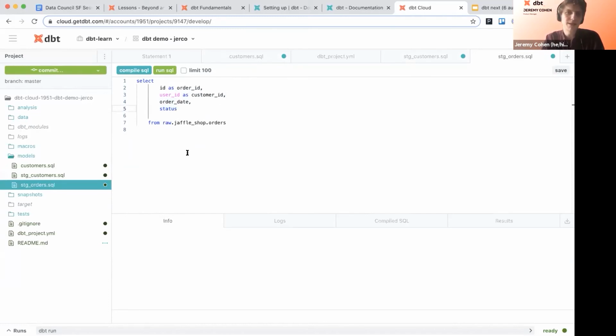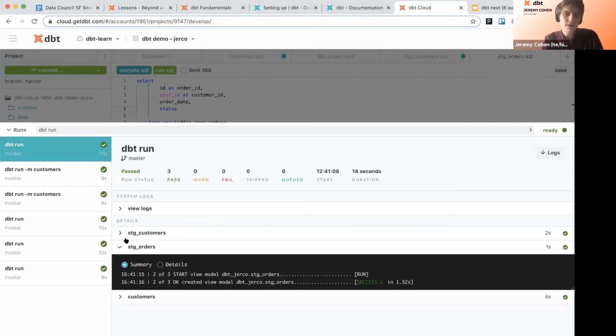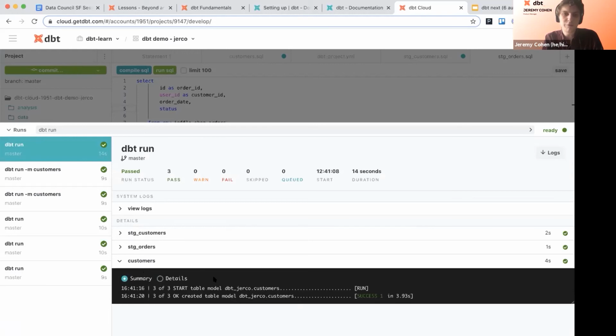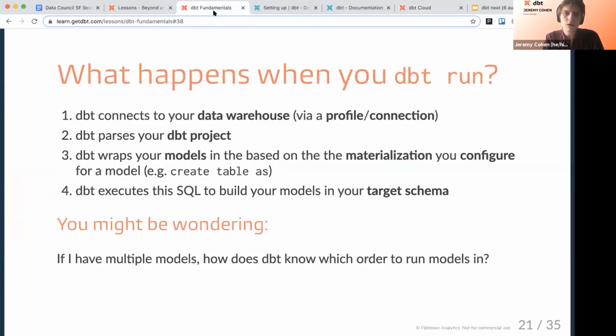This is my chance to make the data usable to me, make it named well for the rest of my analytics ecosystem. So magically, dbt just knew stage customers and stage orders need to run before customers because customers is going to depend on those two. Now we call those dependencies